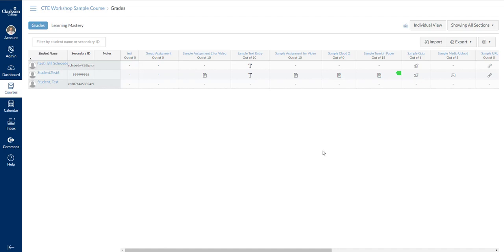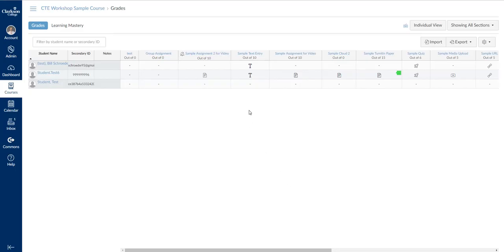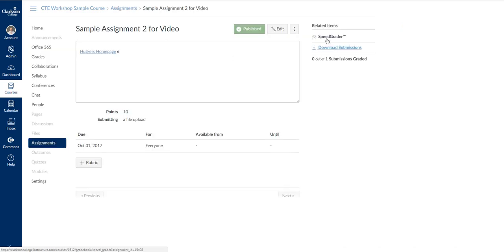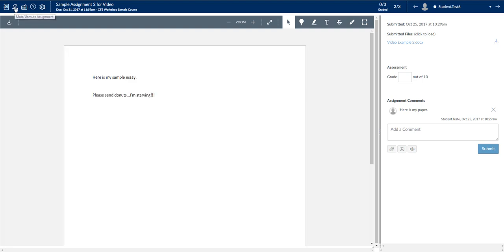To mute an assignment, you can do it two ways. You can either go into the gradebook, pick the assignment, click on the drop-down arrow, and just say mute. You'll get a little message, and you can say mute it. Or I can go to the actual assignment itself, go to SpeedGrader, and in the top left corner, there's a little bell, and you can also mute